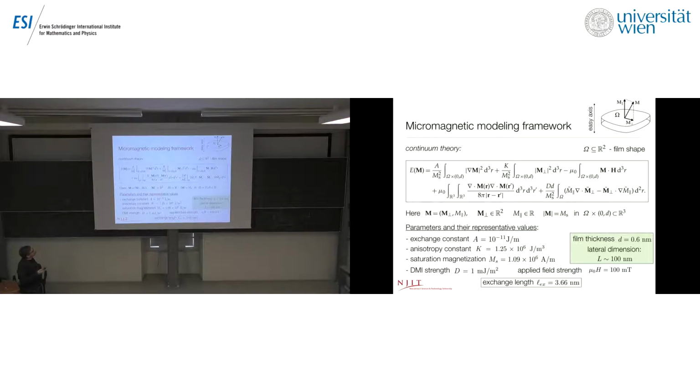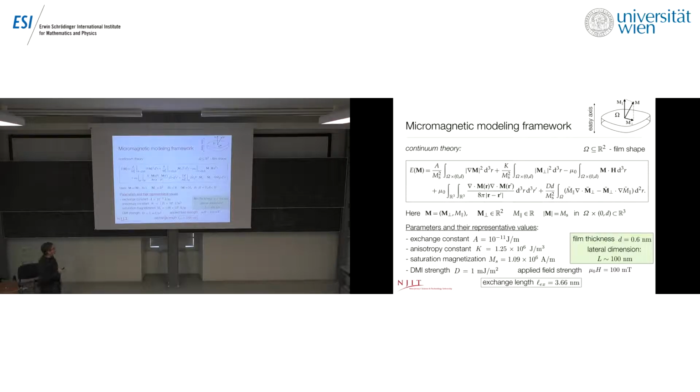Okay, and so I just want you to remember one thing. So we have an easy axis along the normal to the film plane, and I'm going to use the symbol parallel to denote the component which is parallel to the normal. And I will use perpendicular to denote the part of the magnetization vector in the plane, okay? So what do we have here? Well, we have the Dirichlet energy, which is called the exchange, which just penalizes the spatial variations of the magnetization vector. So this makes the magnetization want to be constant in space, plus the anisotropy term, which favors up or